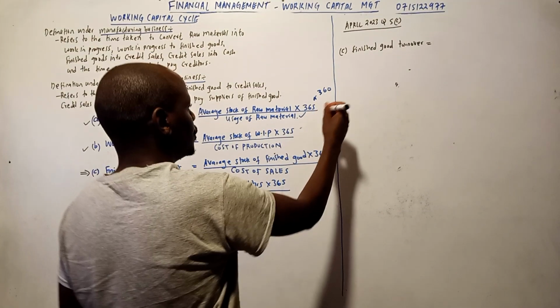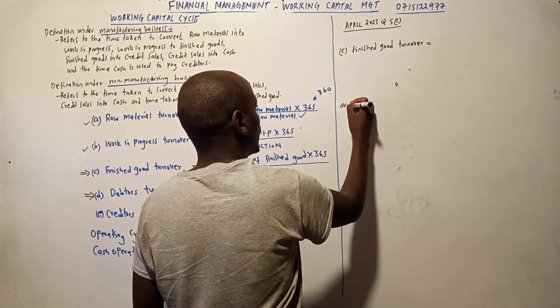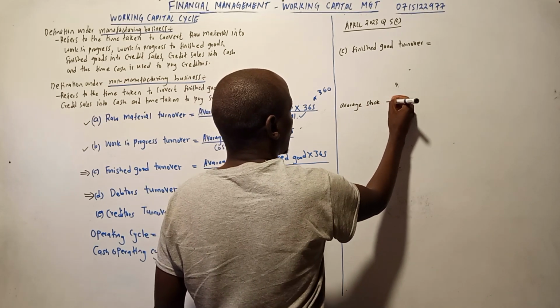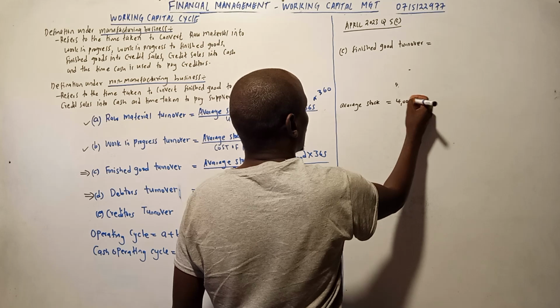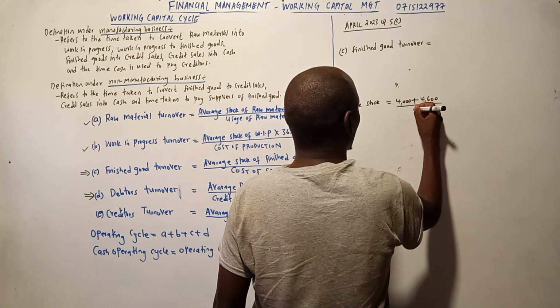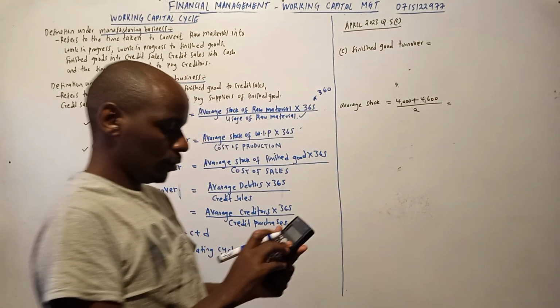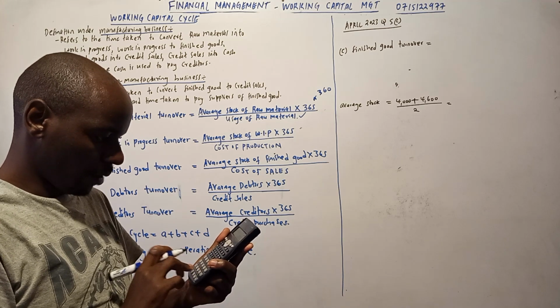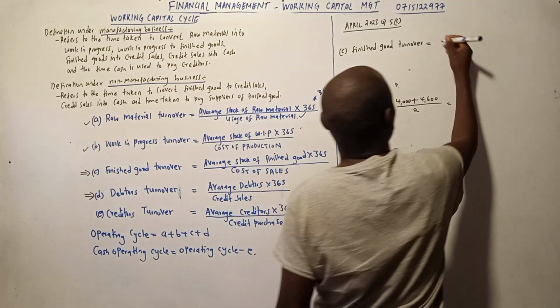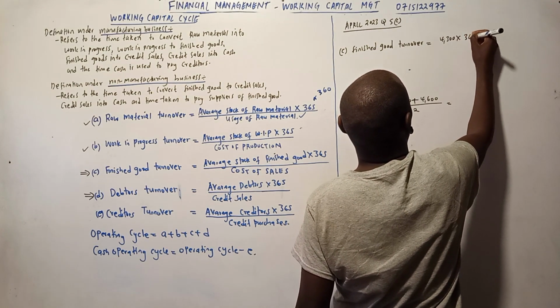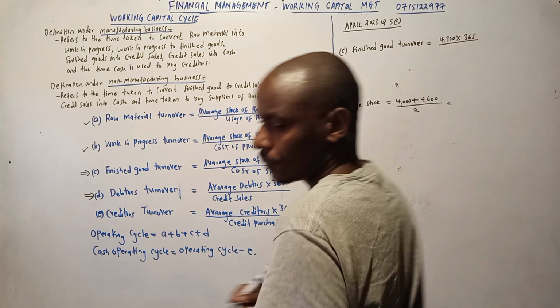So we compute the average stock: 4,000 plus 4,600, divided by 2. This is 4,300. So 4,300 times 365 over